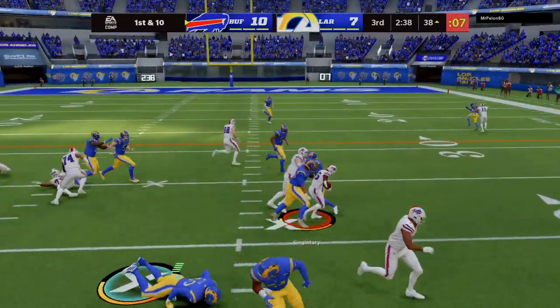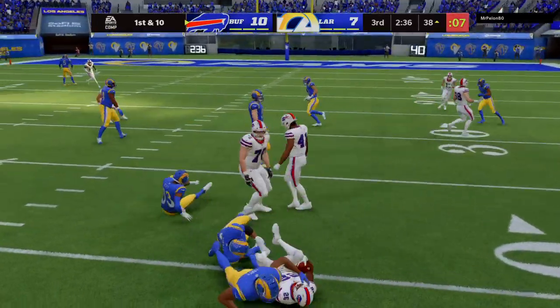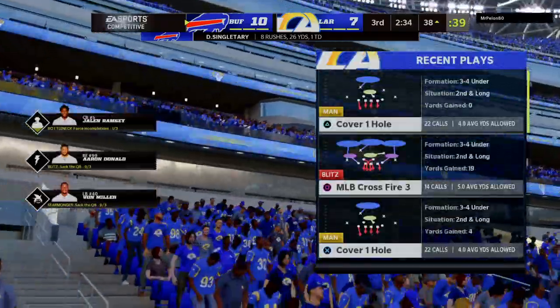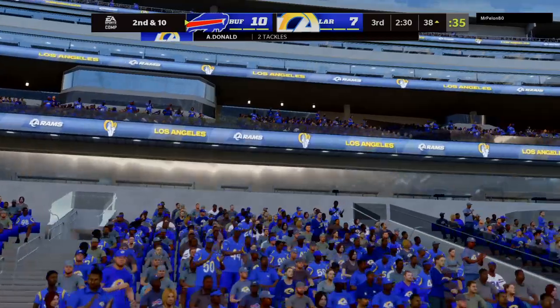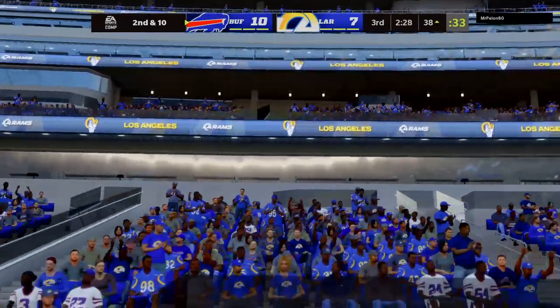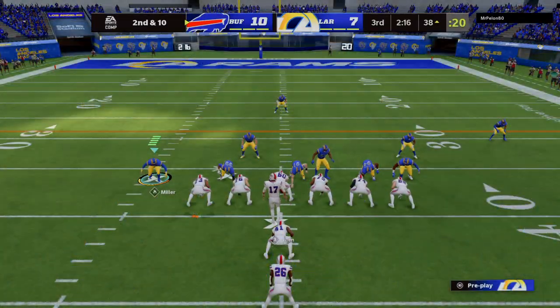On 1st down, Singletary. And nothing doing. He's immediately taken down at the line of scrimmage. On the stop was Aaron Donald. Now, they struggled to get him rolling on the ground in the first half, and that's sort of continuing here